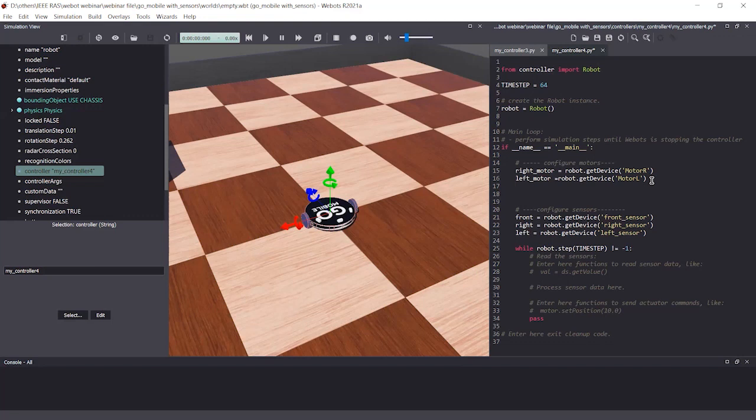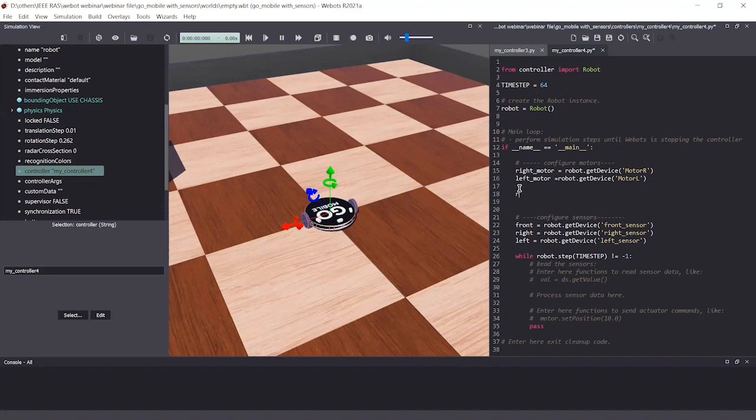Let's say 2 rounds. In that case, you need to specify that position. In this case, since I'm going to rotate this wheel for an infinitely long time, maybe not infinitely long, but I don't have any clue about the position, what I'm going to do under this motor configuration part is set the position of the sensors motor as infinity.